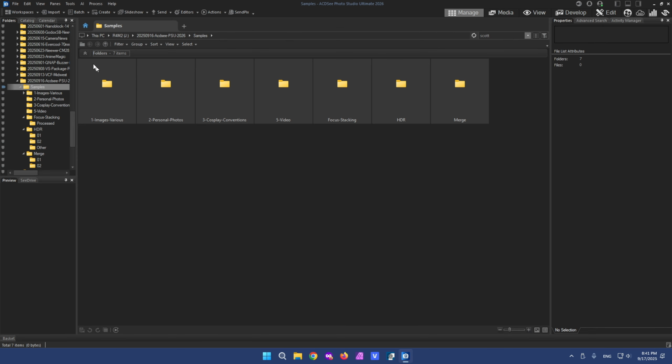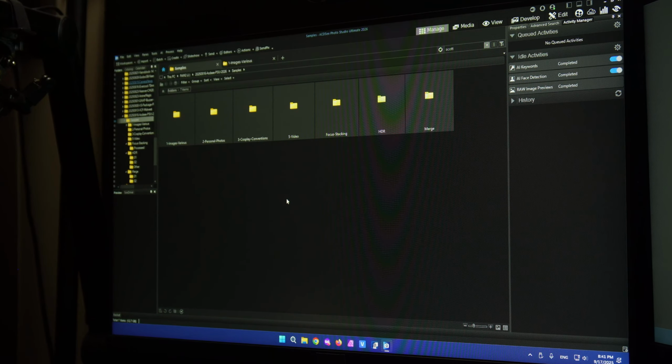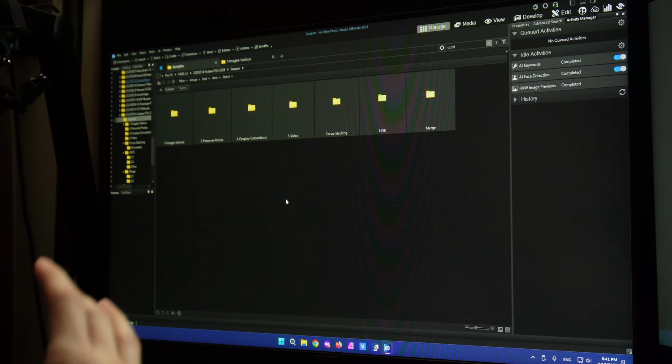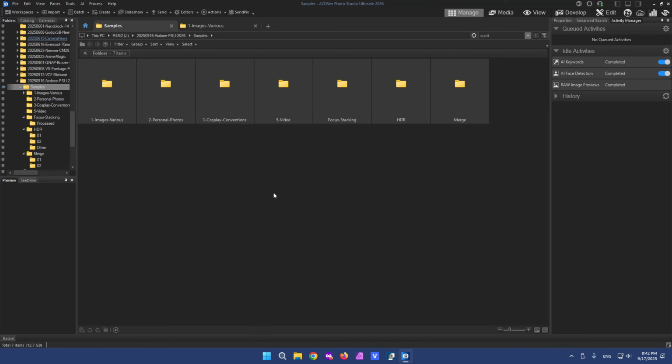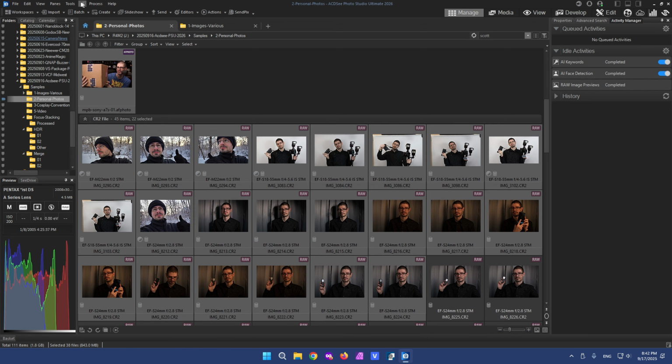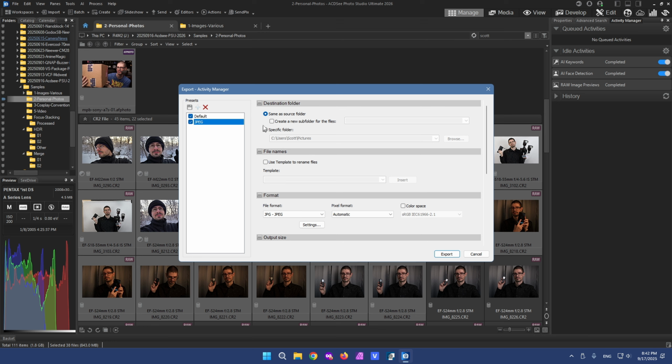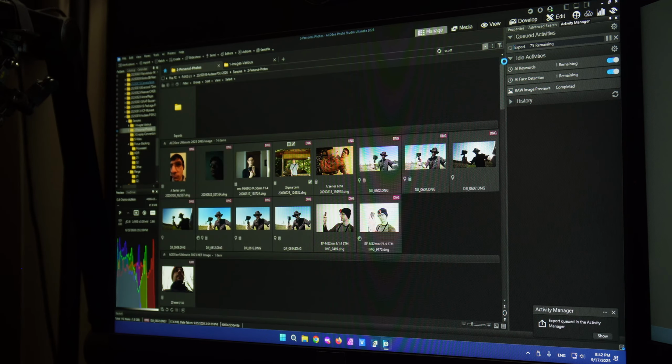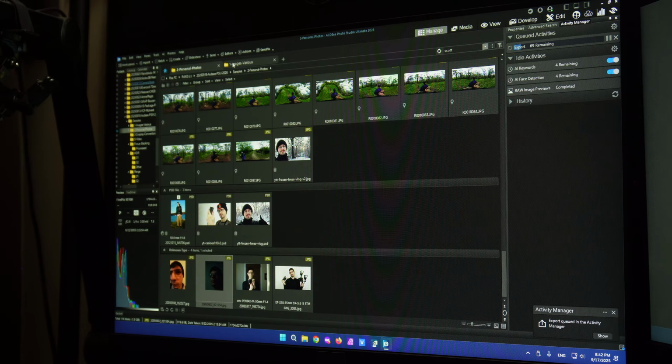In Manage, you have a ton of options, a ton of functionality. A new enhancement is that with the tabs, you can apply adjustments, export at the same time with multi-threading, and that works with their activity manager. So for example, if I want to export some of my face photos, I can do that, select a bunch of them, and then go into File and Export, and then just do a default JPEG. I'm going to create a subfolder in this folder for exports. Click export, and then we can see in the queue it's already doing that,